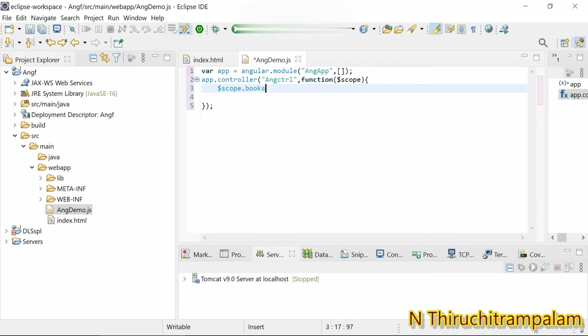Here what I do, equal, and then a bracket, and within the bracket use a curly brace, okay. The object should contain values like key value pairs. So the key is name, which is the name of the book.